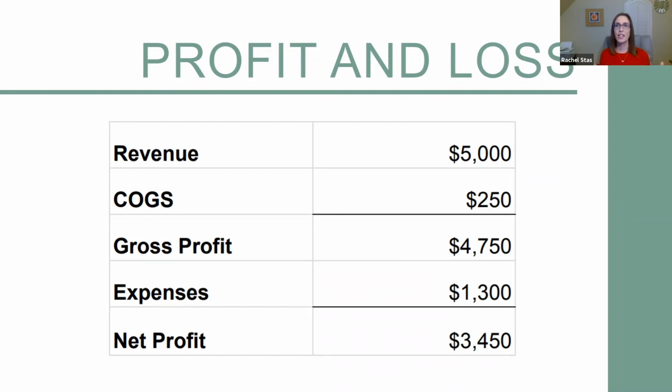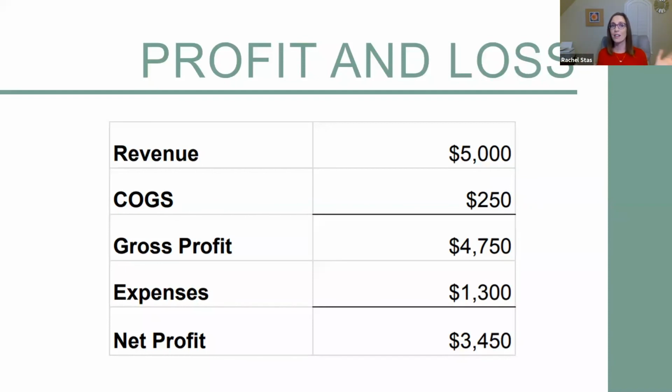Then the second line is your cost of goods sold, or COGS. And this is anything that leaves with the client. So if you're a painter, it's going to be your canvas and the paint, and maybe the bag that it goes in, that stuff that goes with the client. That's what your cost of goods sold is. I have a lot of musicians, and so it's their merch or their CDs, that kind of stuff. That's all cost of goods sold.